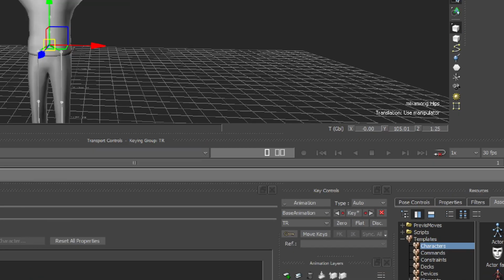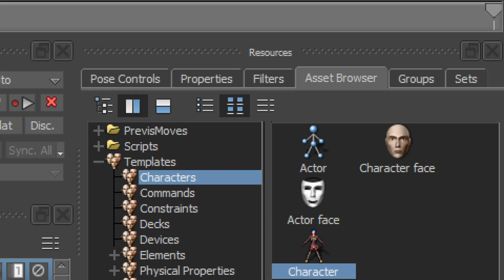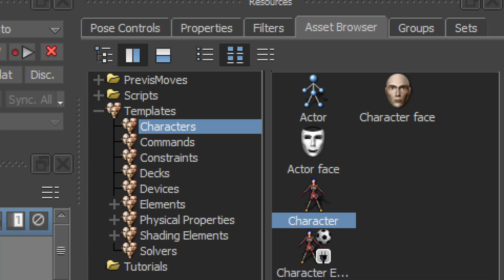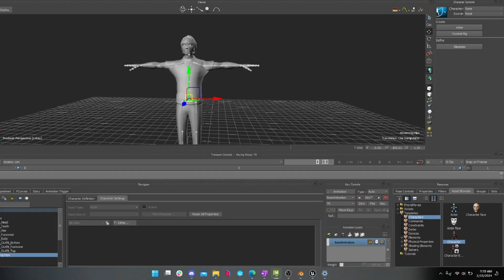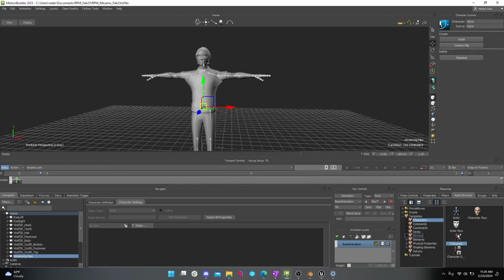In Motion Builder, down here in the resources window, if you click on the Asset Browser tab and then go to Characters, Templates, there's also some default characters in here too, if you wanted to mess around with them without taking time to import your own character. So you go to Asset Browser, Characters, Character, and we're going to grab onto this character